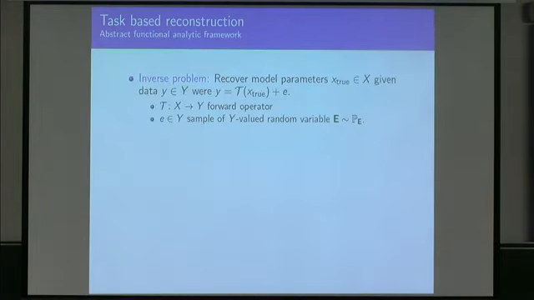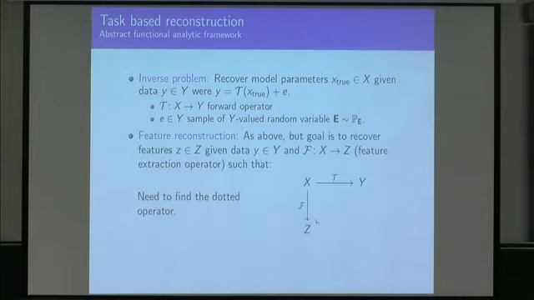Well, starting out from the functional analytic formulation of an inverse problem, just to set the notation a bit, we have some x, which is some image or signal or model parameter that we want to recover. We have some noisy data, and we have some forward operator that describes our image formation. So this is information that we have. We might know the probability distribution of this random variable E if we have some good knowledge about the image statistics or data statistics of the acquisition.